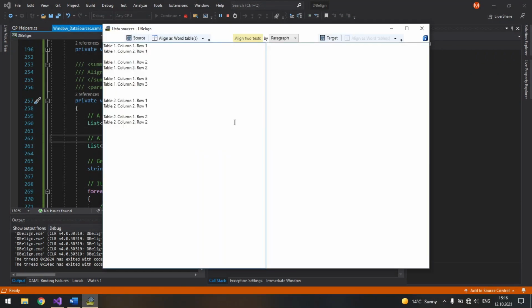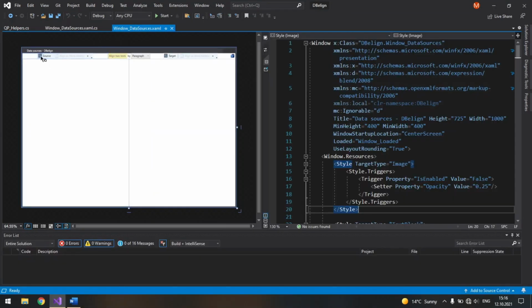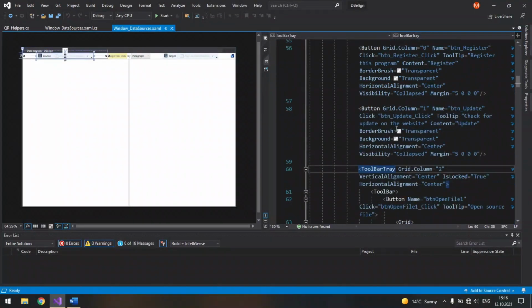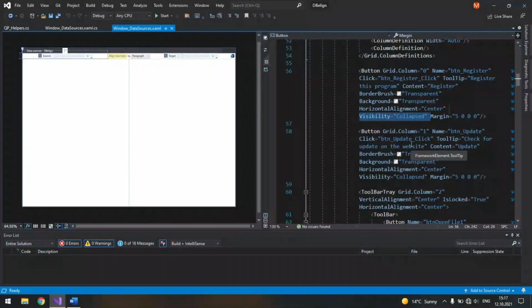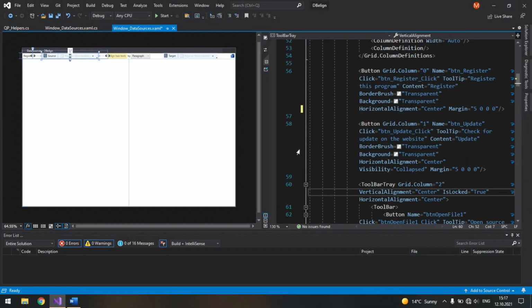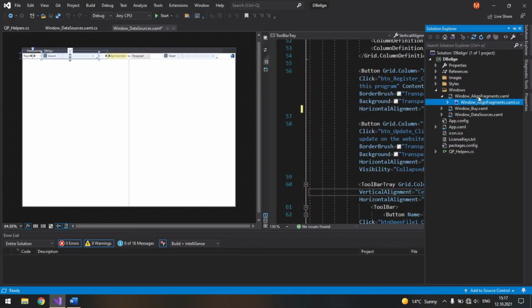The last thing for this part is I want the register button to be visible when we don't have a license. It's easily fixable. By default it is collapsed, and actually it shouldn't be collapsed. So here. Alright, that's better. That's it for the text processing. In future parts we will finish this window and start working with the window align fragments, where we will be able to manually or automatically match fragments according to our needs.